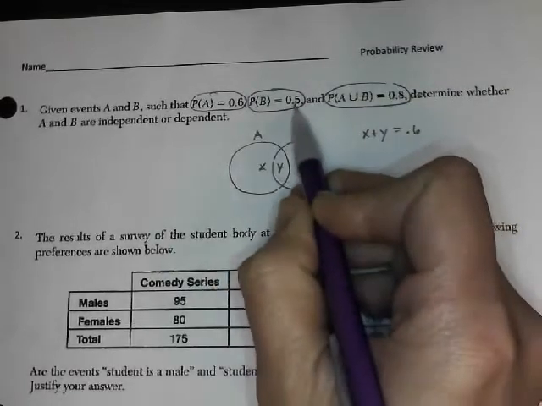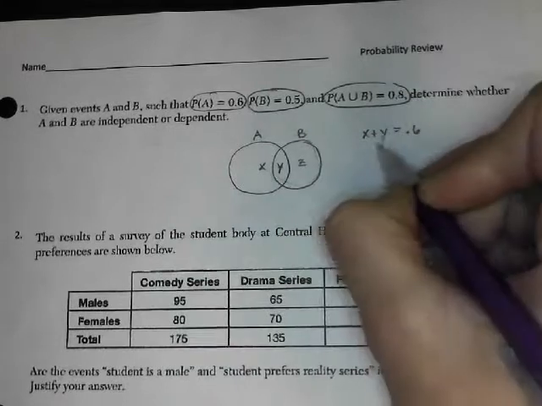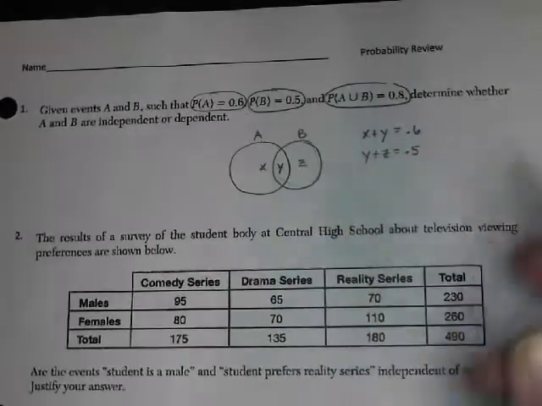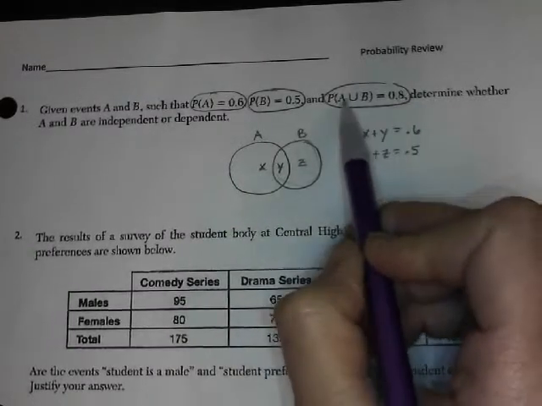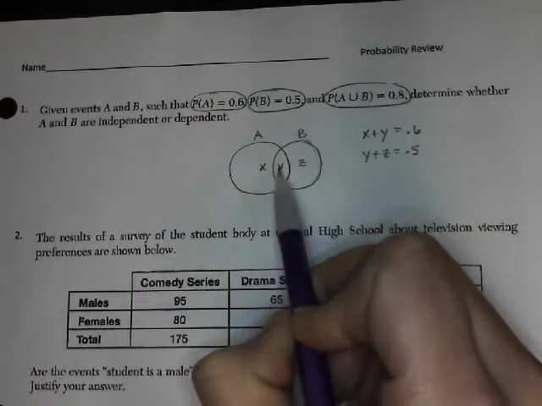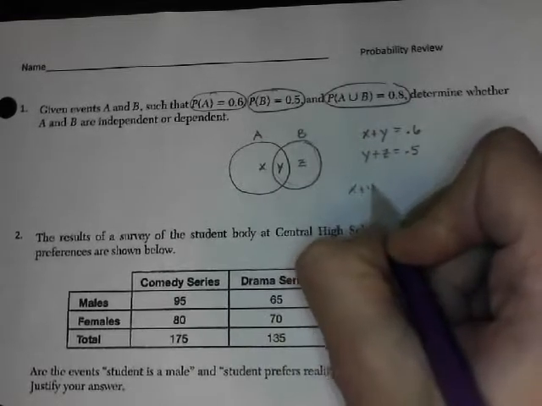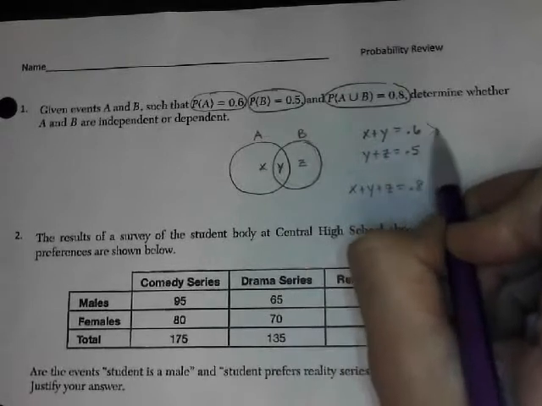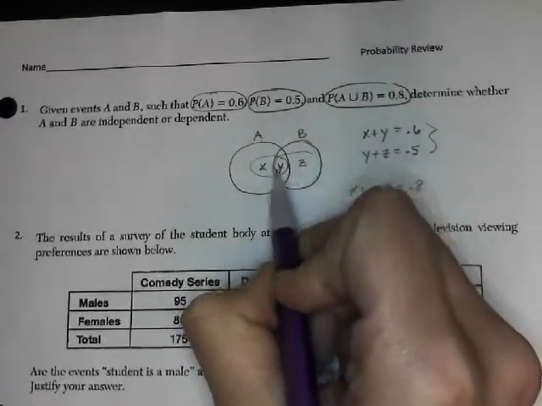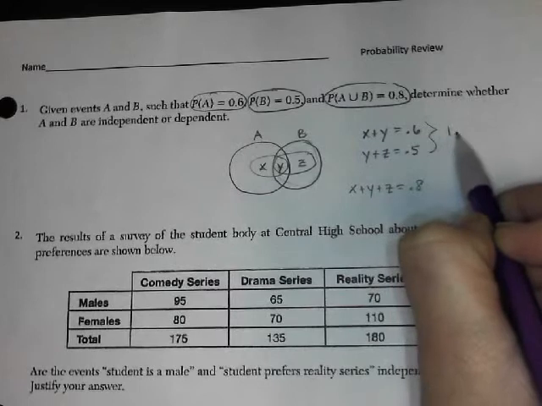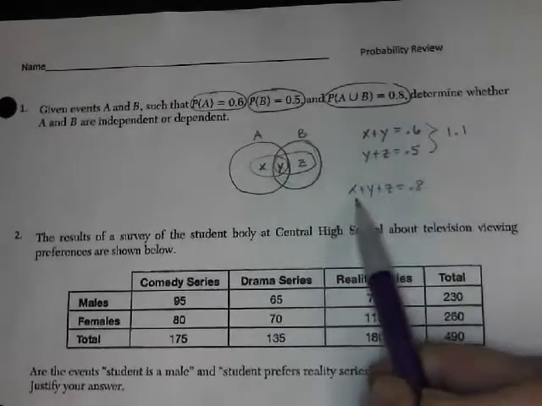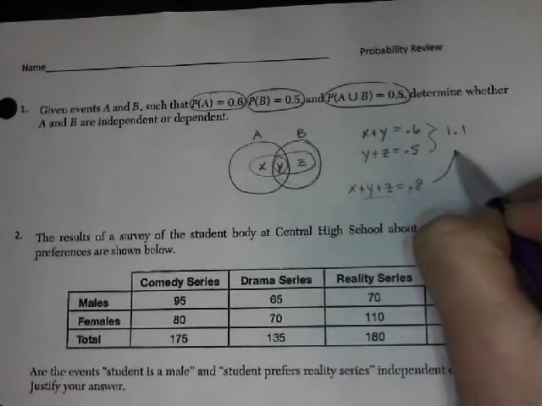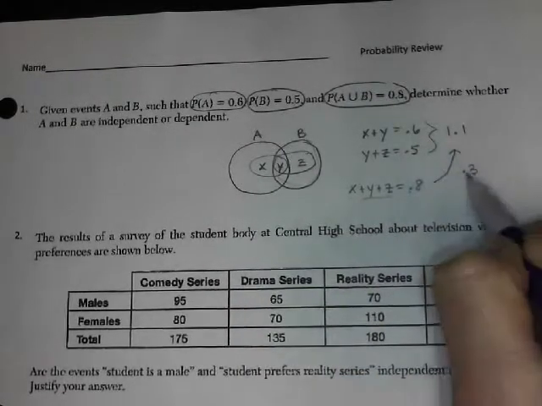B's circle total should be 0.5. So if I throw Z there, Y plus Z should equal 0.5. And the union, so A or B, that would be X plus Y plus Z, should equal 0.8. Now, already, X plus Y and Y plus Z, if I add those together, I get 1.1. I'm already over what the total was supposed to be, which is 0.8, and I'm over by 0.3,